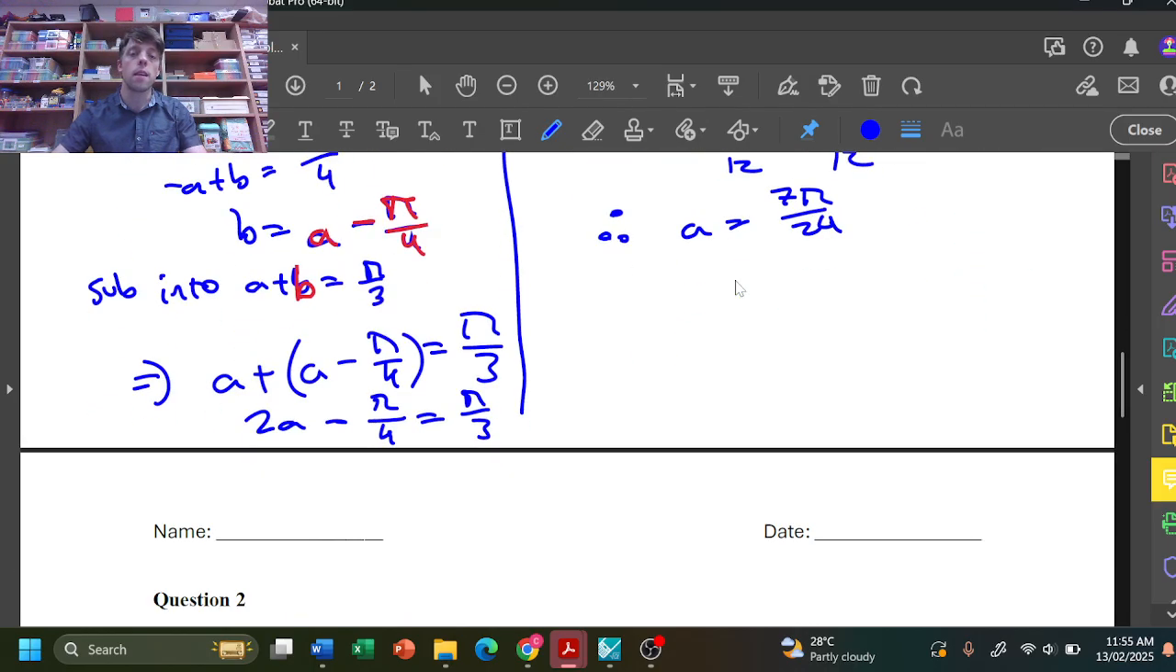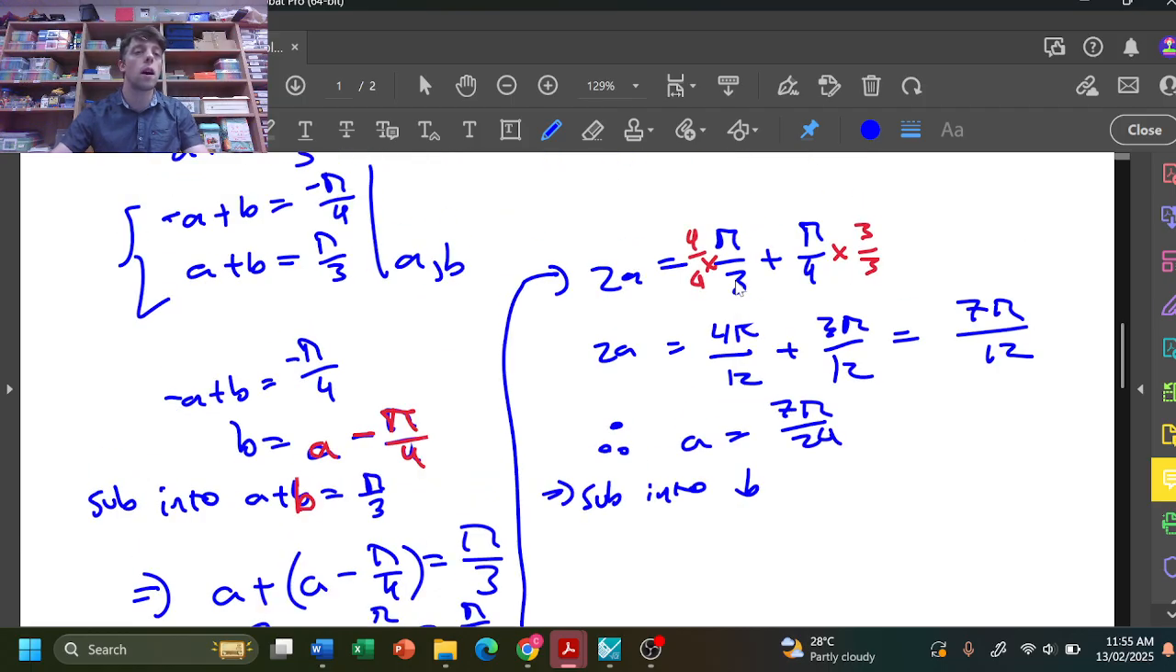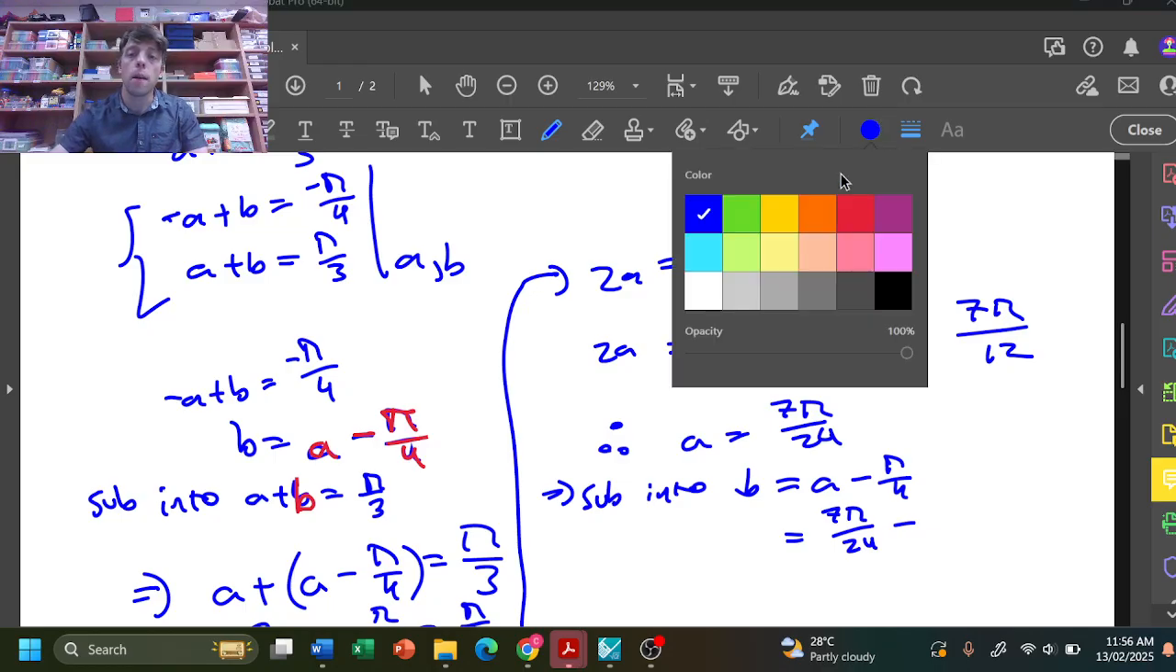Now we're going to take that value and substitute it into the equation that we found here for b, or we could substitute it into either one of these equations, it doesn't matter. So we substitute into b is equal to a minus pi on 4. That's the one that we found over here when we rearranged the first equation. That tells us that b is equal to 7 pi on 24, and I want to write pi on 4